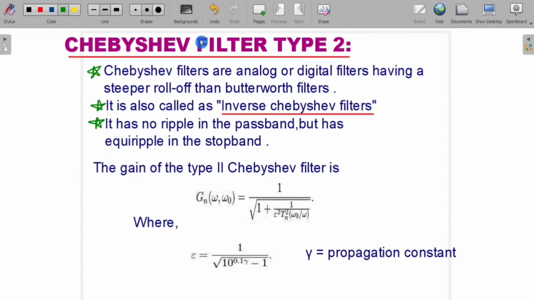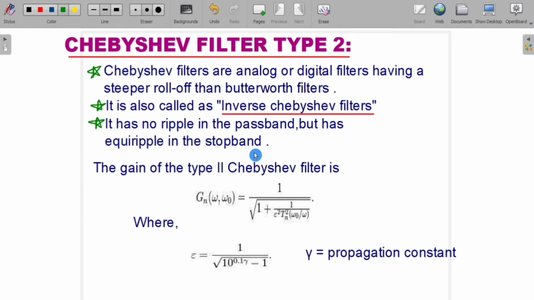Let's discuss the concept of Chebyshev filter. These are analog or digital filters having a steeper roll-off than Butterworth filters. It is also called inverse Chebyshev filter. This type 2 filter is called inverse Chebyshev because it has no ripple in the pass band but has equal ripple in the stop band.